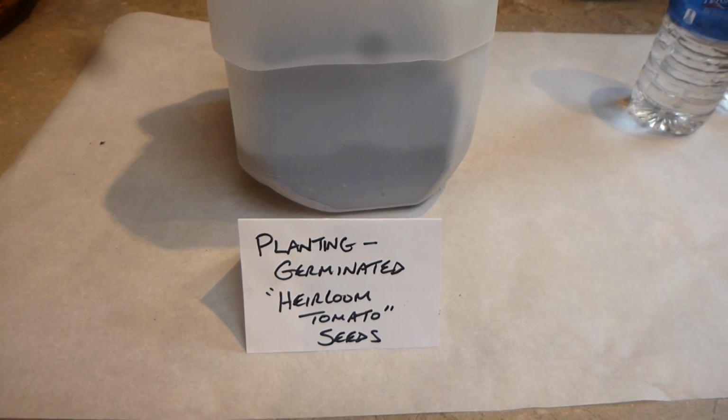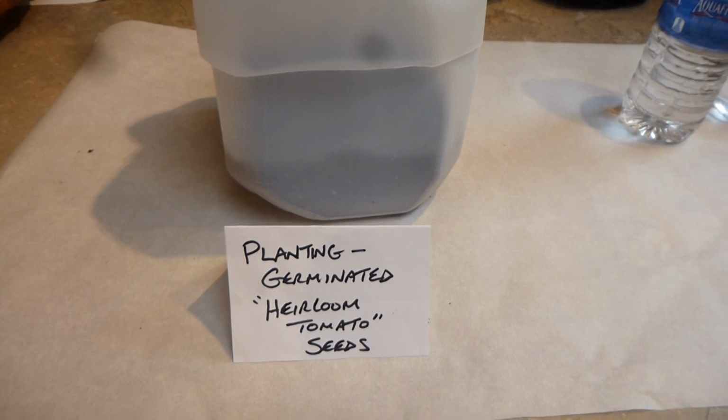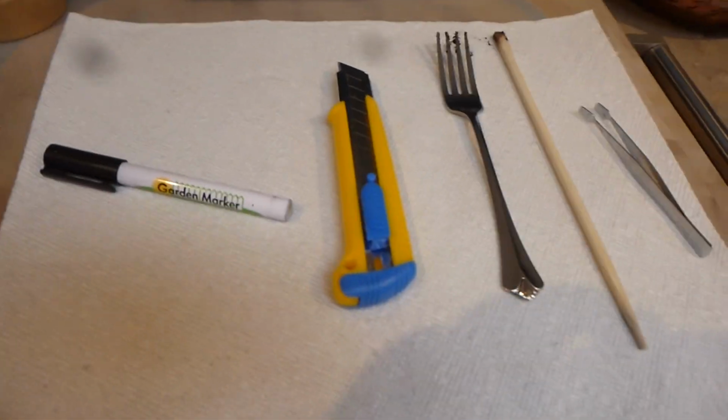Today we're going to be planting germinated heirloom tomato seeds. So we're going to start off by showing you the supplies that we need. And over here we have our